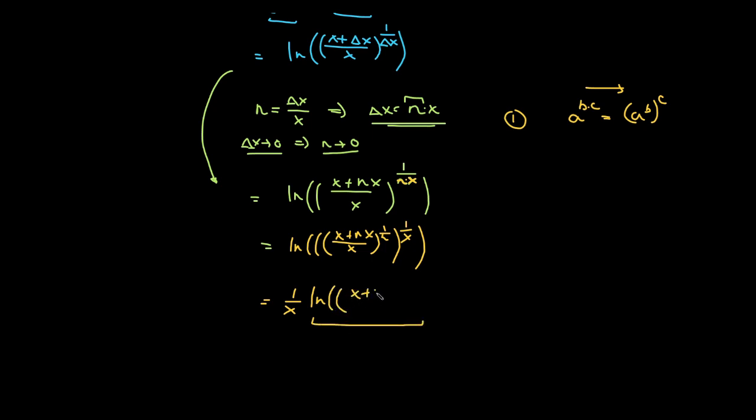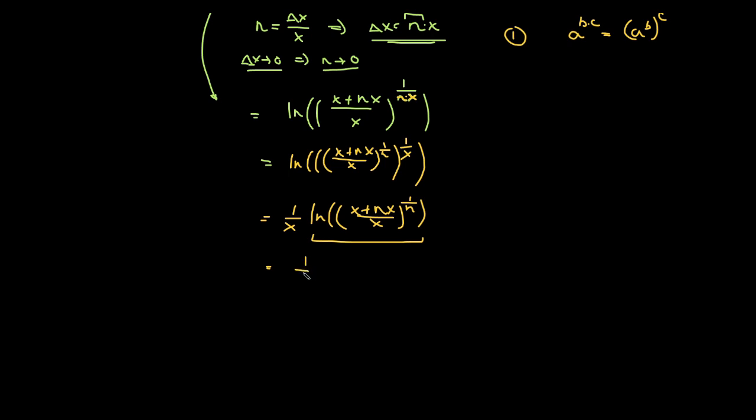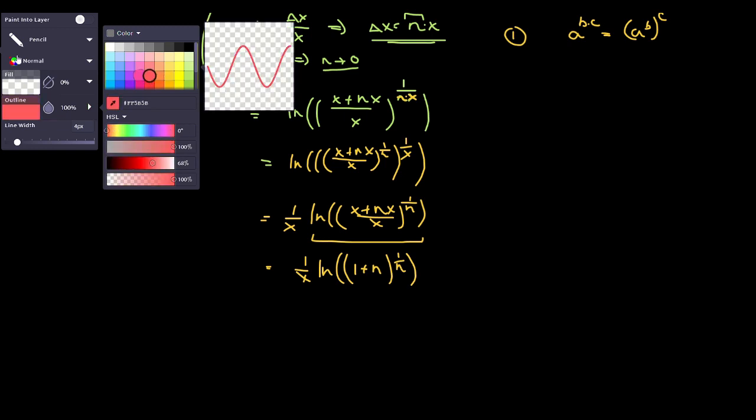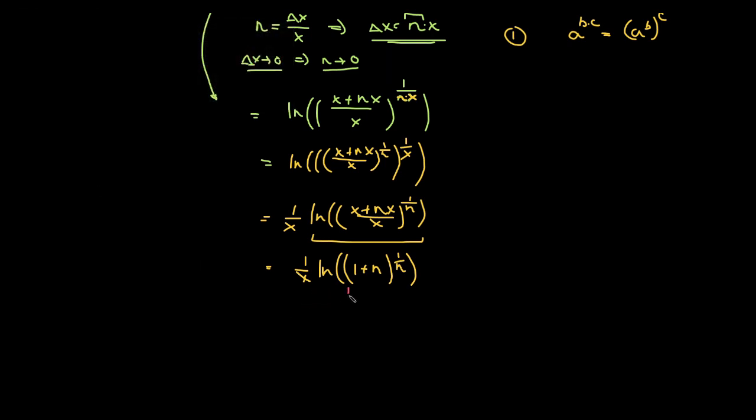Alright, so that's going to be x plus, like so, and 1 over n. Alright, so it's going to be x, and I'll just divide out by x here. ln, or actually you can just do ln like that. So I'll divide out by x, that's going to be 1 plus n, to the 1 over n, like this. And now, this is the second thing to notice. This inside bit, I'll actually take this out real quick to make it extra clear. So as n